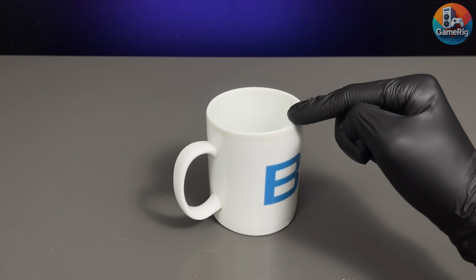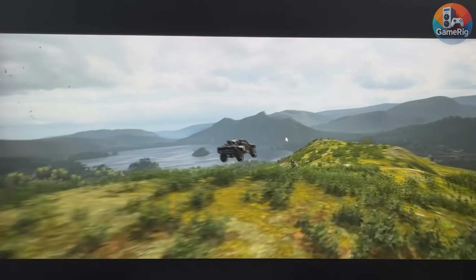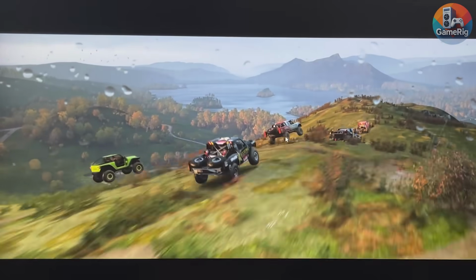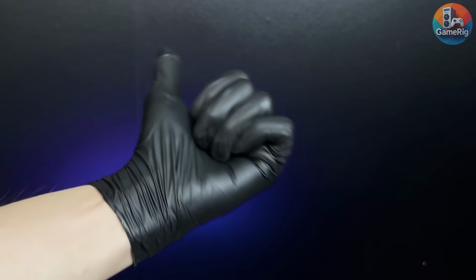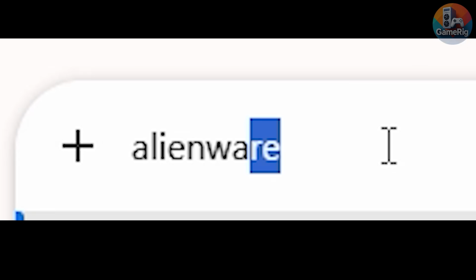Which got me thinking, can a gaming PC that once cost as much as a used car still handle modern games today? And more importantly, just how far can I upgrade it? Let's find out. To answer that question, I first had to buy one, but something strange happened when I started